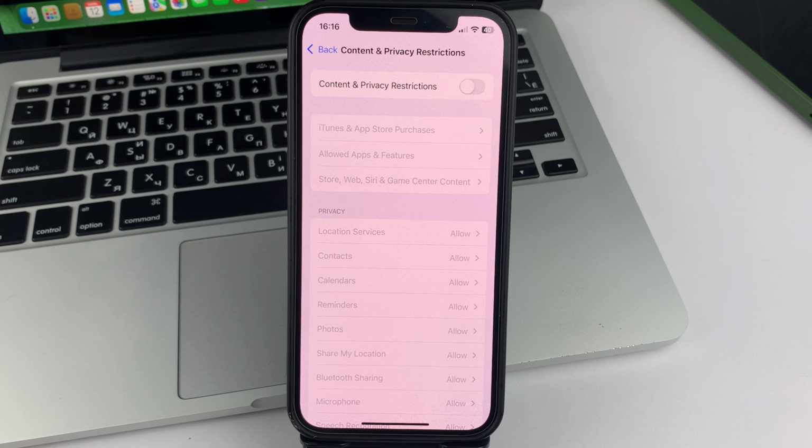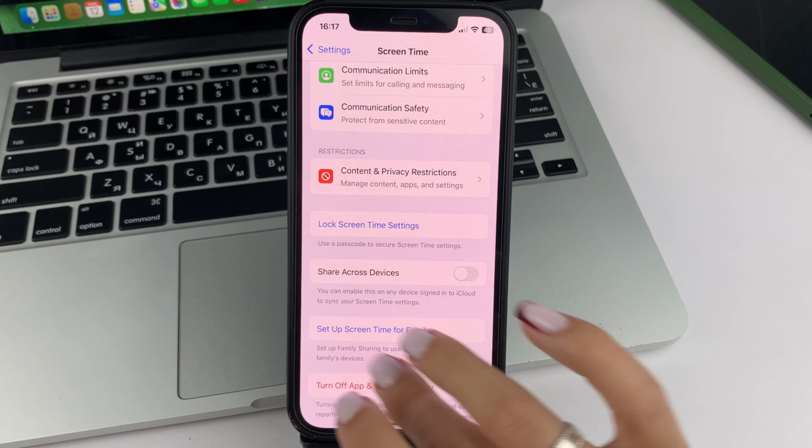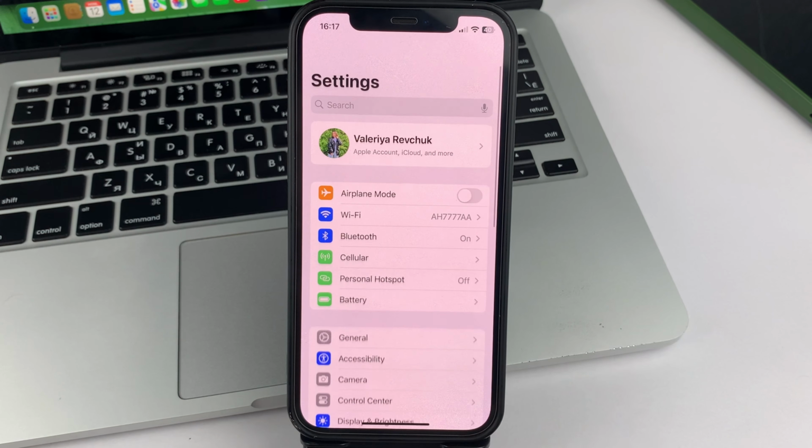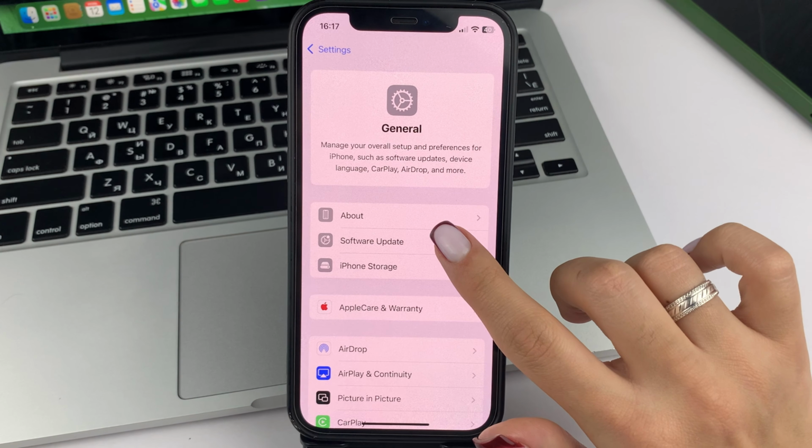If these steps, unfortunately, didn't work for you, then I recommend that you see if your iPhone has been updated to the latest version. To do this, friends, go back out to Settings, go to General, and then Update.